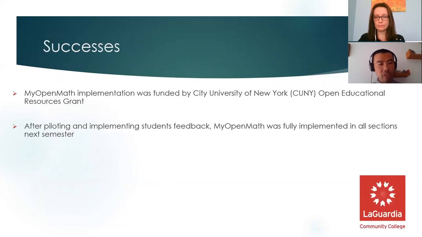So with the challenges and solutions, obviously come the successes. So we wanted to share a few. Luckily, we were able to get funded through a City University of New York small grant. We used that money to set aside time for us to work and to do workshops, to share this information with other chemistry faculty and adjunct faculty as well. After we piloted it with a small cohort, they were able to give us feedback and we were able to troubleshoot some of the questions, and we were able to bring it to fruition to the rest of the General Chem 1 sections the next semester.